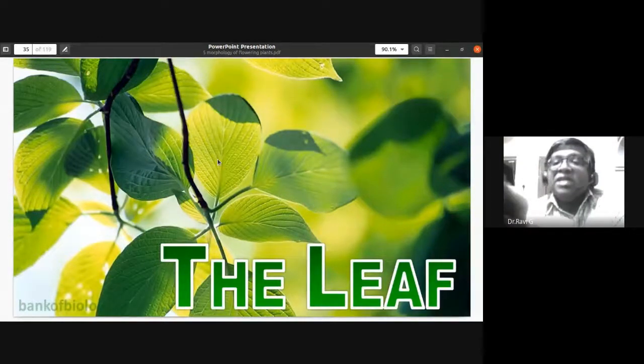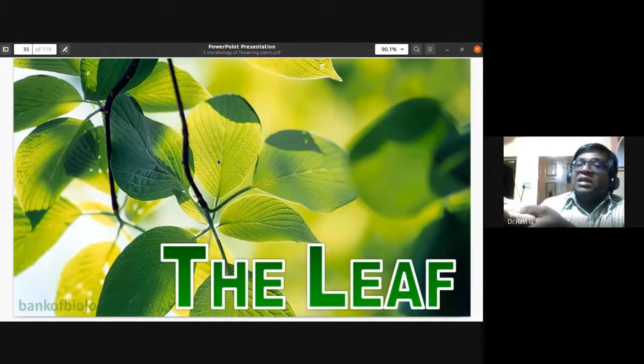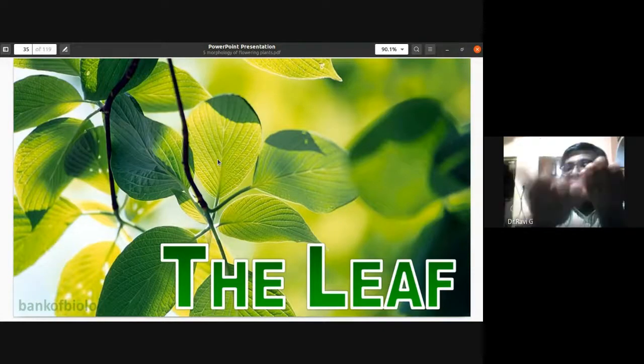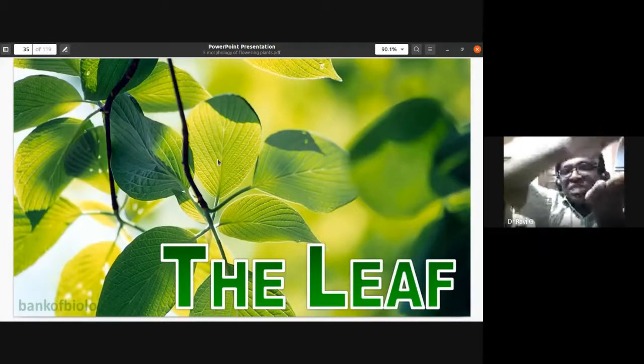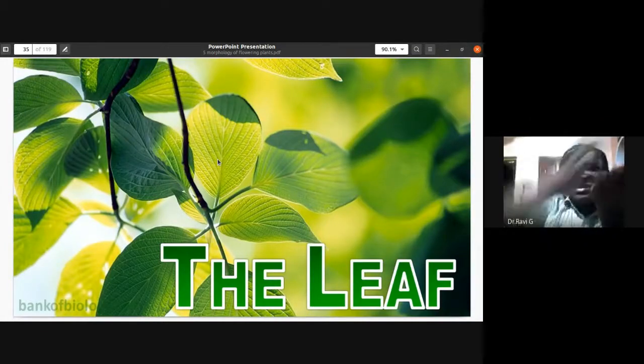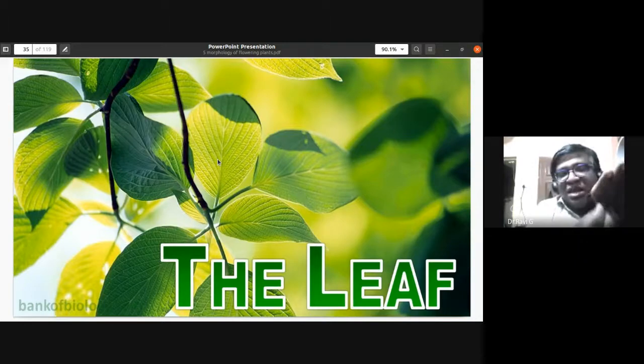In a dicot leaf, we call it a dorsiventral leaf. The upper surface would be dark green, the lower surface would be light green. And you find stomata only in the lower surface. So we call this sort of leaf a dorsiventral leaf. You can differentiate between dorsal surface and ventral surface, and you have stomata in the ventral region. Okay, since the stomata are found only in the lower epidermis, we call the dicot leaf hypostomatic.